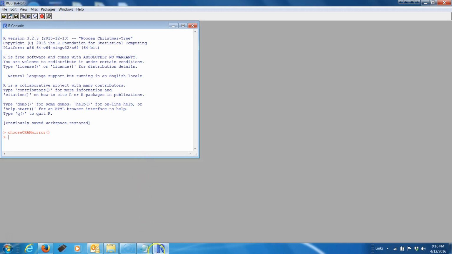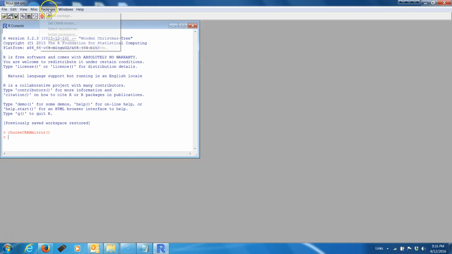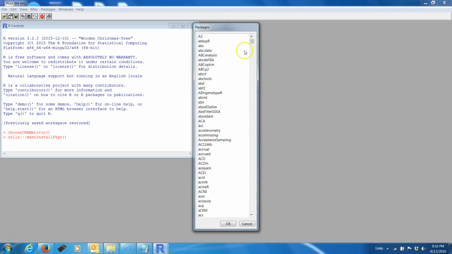So now the next thing that we're going to do is we're going to have to install RPart, and that's the decision tree program, and it stands for recursive partitioning. So let's go and grab that guy. So let's install some packages. You click Install Packages, and then all of the packages that you can install are listed here. So we just go down here and we look for RPart,